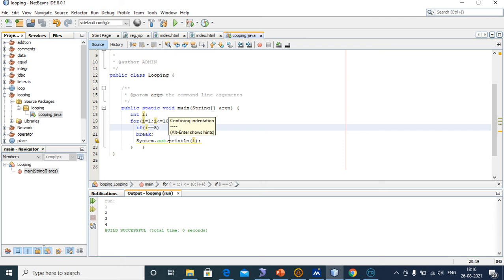And also there is a continue statement. Continue statement means, for example, I also take int i, for i equal to 1 up to 10, I will give the condition if i double equal to 4.